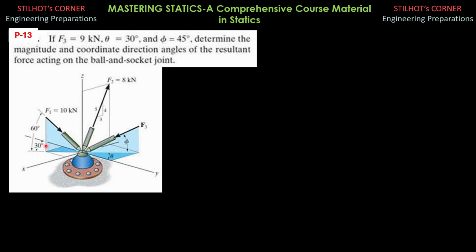So take note that this is a right triangle. This is on the XY plane. So I'll call this F1XY, which is adjacent of 60 degrees. So 10 cosine of 60 degrees. F1XY is 10 cosine 60 degrees, and that is 5 kilonewtons. So let's put the direction and components of F1 as shown so that you won't be confused.